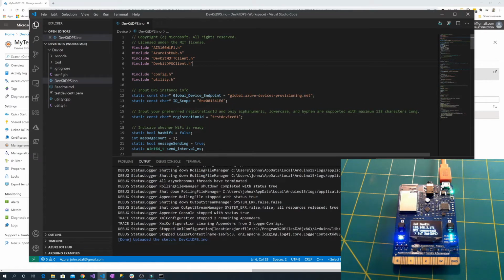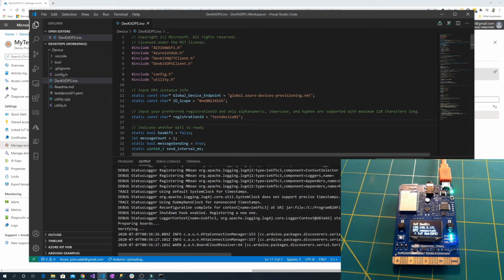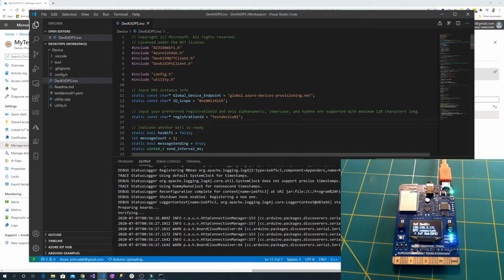Okay, so once we have the global device endpoint and the ID scope defined in our code, we also want to define our registration ID for the individual enrollment that we're going to be creating in the device provisioning service instance. So we'll call this test device 1. And then once we have that and we save that, we can upload that to our device. And once this is done,